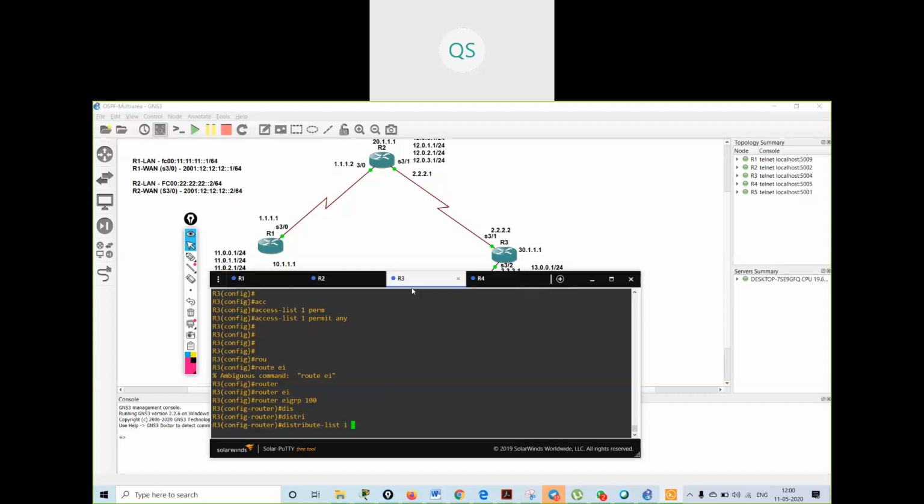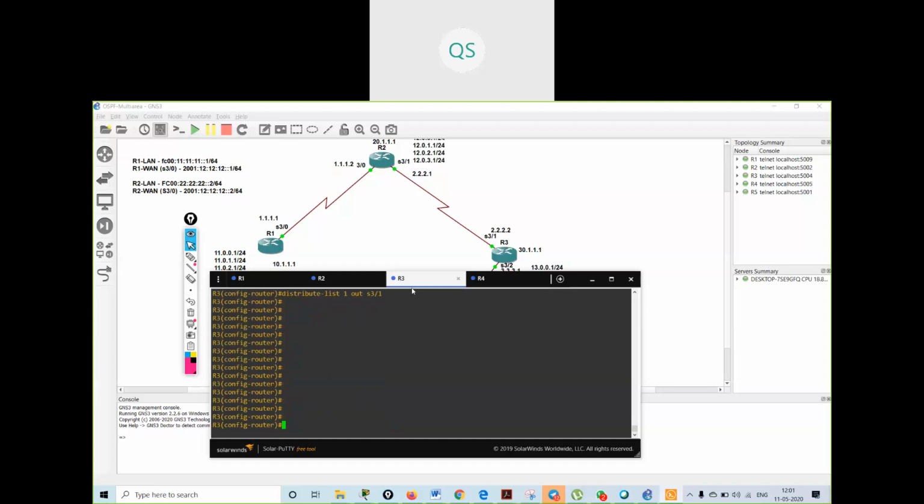So I will say going out from S3 by 1. See what I am saying: use distribute list 1, coming inside or going outside? I will say going outside from this router to S3 by 1. Got it? Now I've done this.